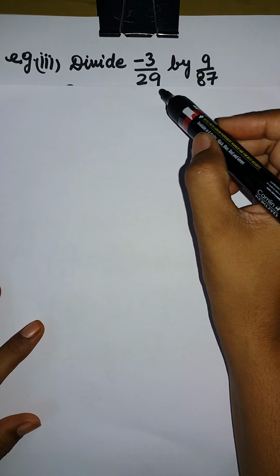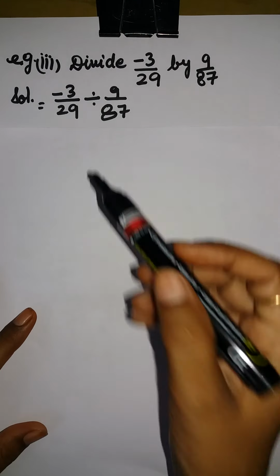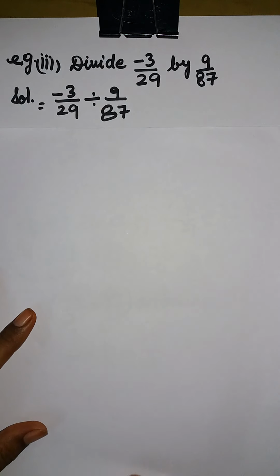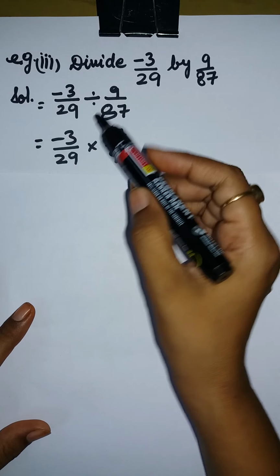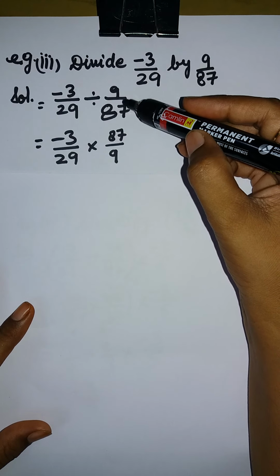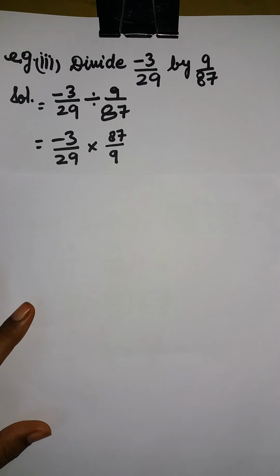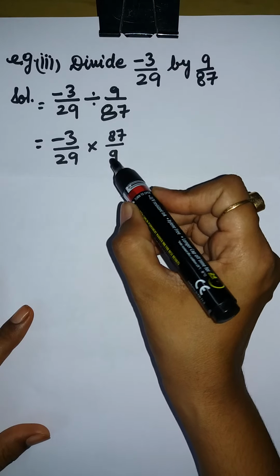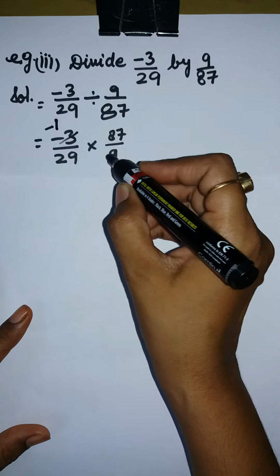Let's take another example. Divide minus 3 by 29 by 9 by 87. We write it in the form of division. Then minus 3 by 29, and change the sign of division into multiplication and write the reciprocal of the divisor, which is 87 by 9. We try to simplify it here by their common factors, like 3 1 times 3,